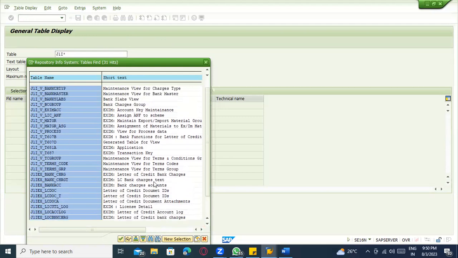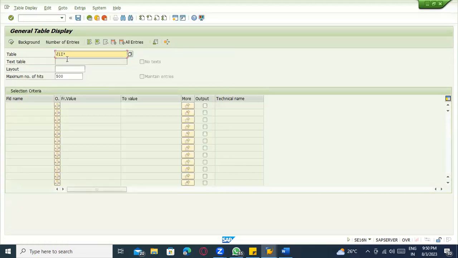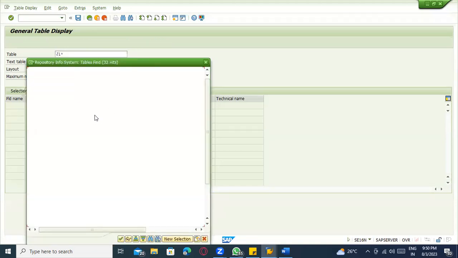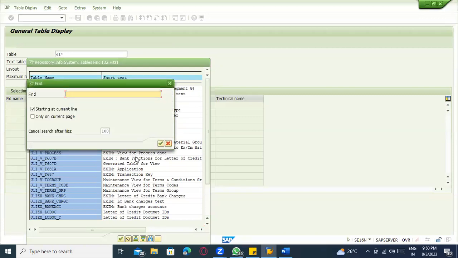Other than this, we also have some other transaction codes, generally J1I star and J1 star. These we are using for the excise related information, so we will be maintaining the excise master.